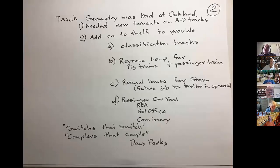After that first operating session, or one of the first ones, I found out that I just had AD tracks, arrival departure tracks, on my Oakland Yard, and a lot of them were Micro-Engineering and not DCC friendly. I converted to DCC, I think, after the convention. So I had to change all those turnouts to more DCC friendly ones, and the geometry had to be improved. I had to add classification tracks,